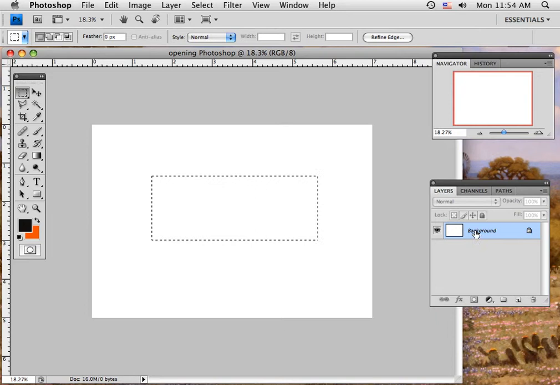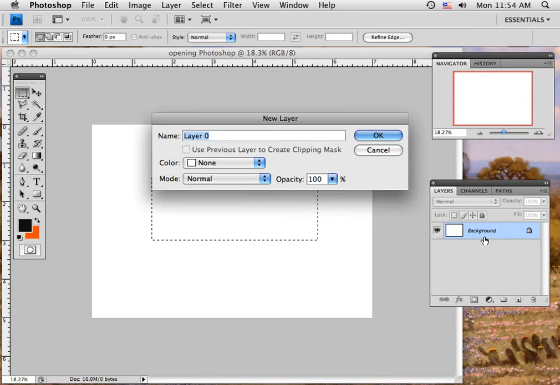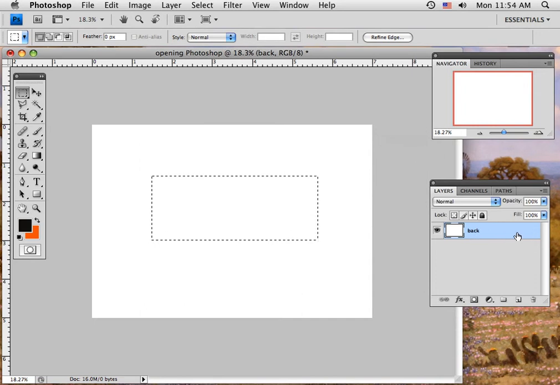I have one layer given to me already, the Background, and it's locked. What I like to do is click on that word Background. Notice it's italicized. Click, click, two clicks, you get a New Layer palette open, and I'm just going to give it the name Back, as in background, or any number of things you can call it. But notice when I do that, the lock goes away, and the word Back is now in regular lettering, meaning it's workable. It's not